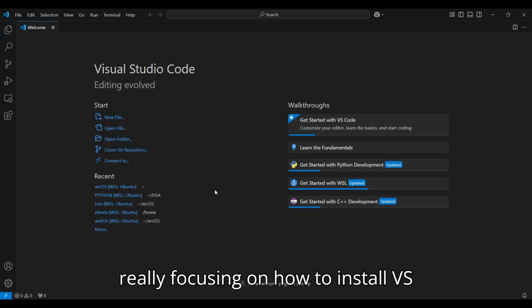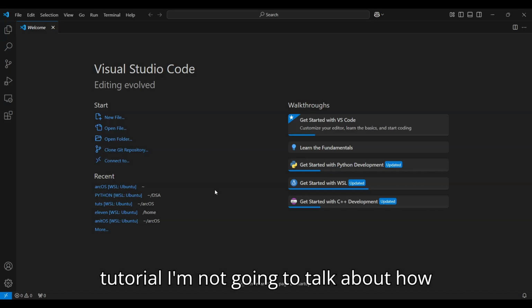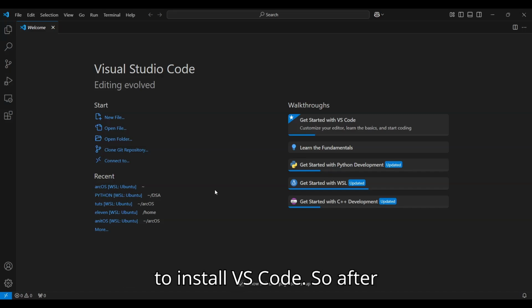We are not really focusing on how to install VS Code. I think I'll show you that in other labs, but in this tutorial, I'm not going to talk about how to install VS Code. So after installing VS Code, now